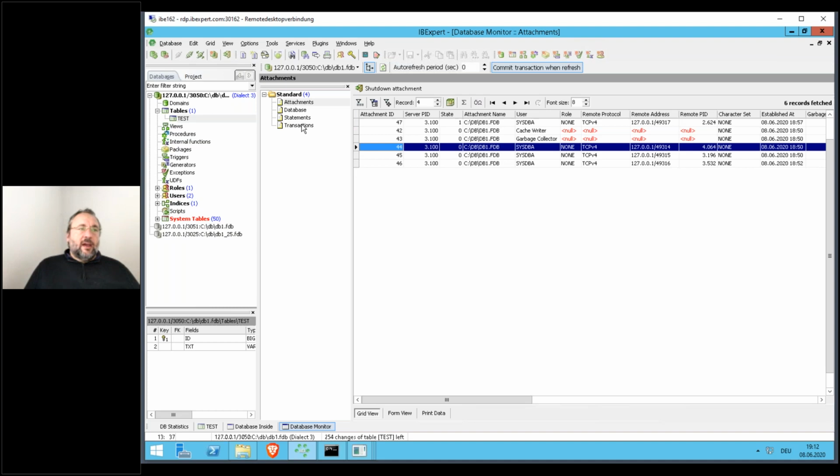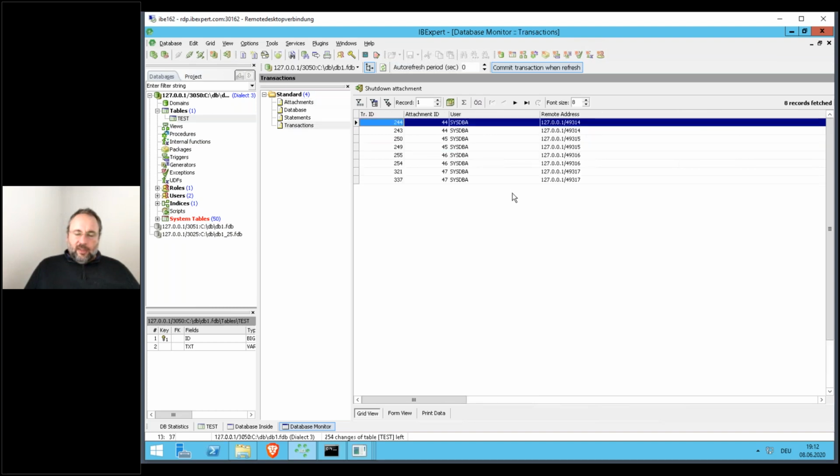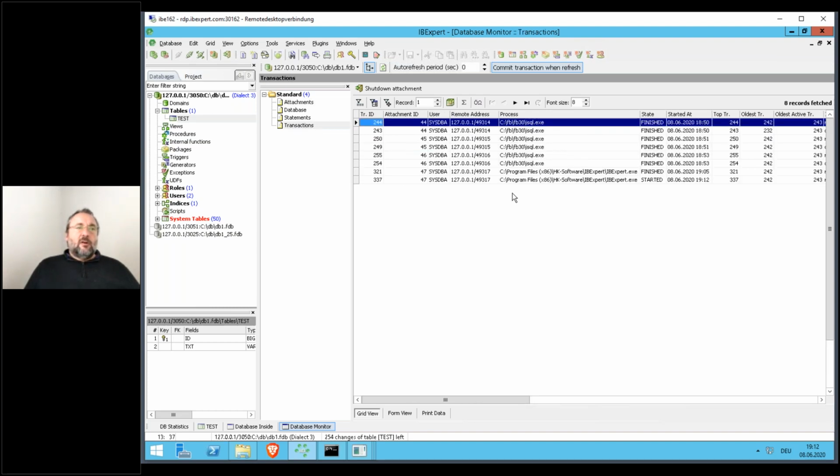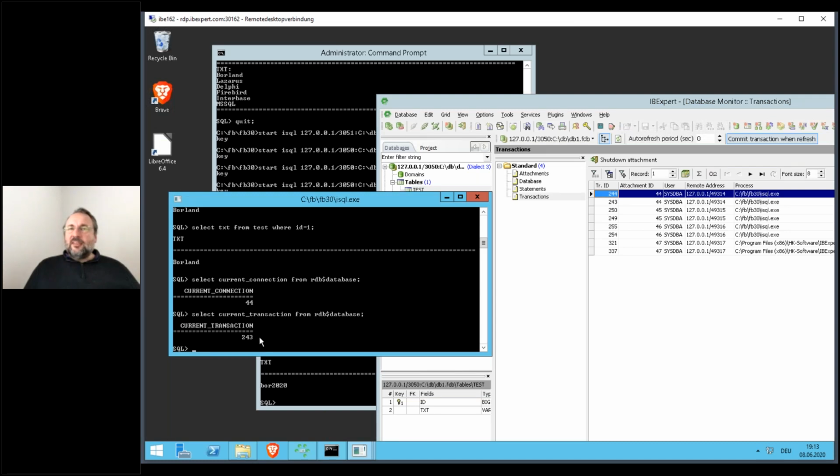And we are currently also seeing here the overview of all transactions. And the oldest active transaction is number 244. And we see here it was also directly started when the application was started. It must not be the same number, but it's the same timestamp for when the application was started, and it's really often the case. And what happens technically now is extremely simple. As long as this application does not stop its transaction,